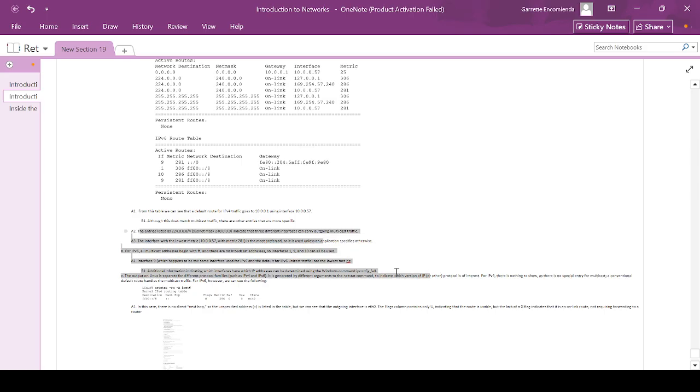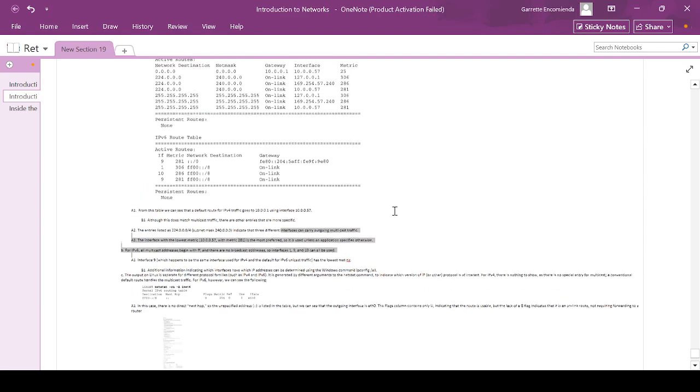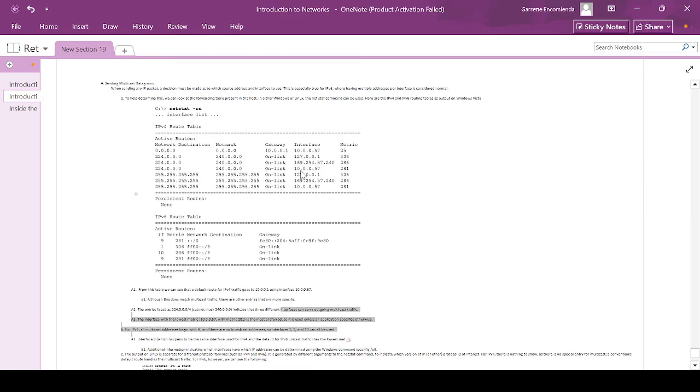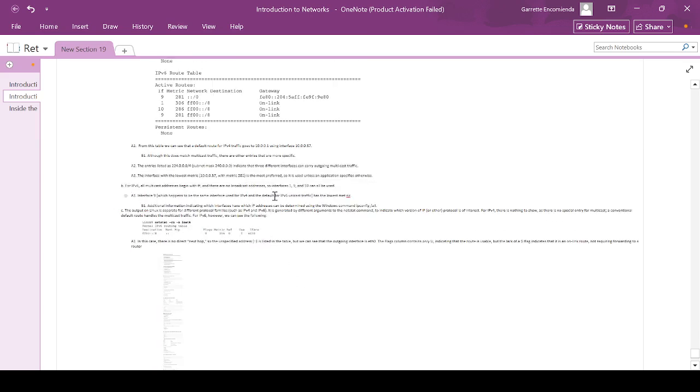The entries listed as 224.0.0.0/4 with subnet mask 240.0.0.0 indicate that three different interfaces can carry outgoing multicast traffic. So as we can see here in 224, there are different interfaces and they can carry multicast traffic. These are normal for a router, but not normal for a laptop or a user